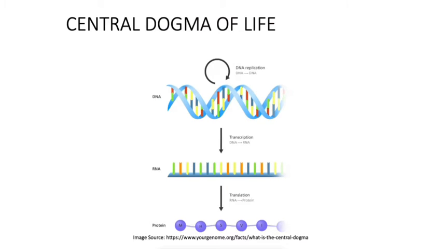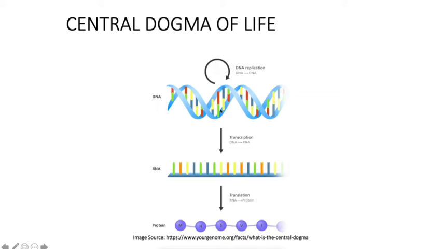Moving on, I'm pretty sure we are all very much aware of the central dogma of life, and we must have studied this in high school, in which we know how the genetic information is passed from one generation to the other, and how the characteristics are imparted from parents to the children. Basically, the genetic data is passed from the parents to the children in the form of